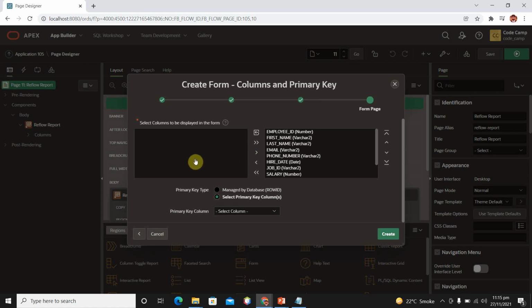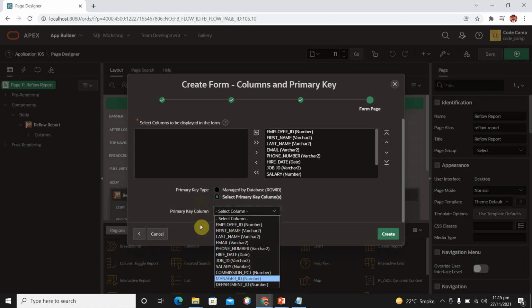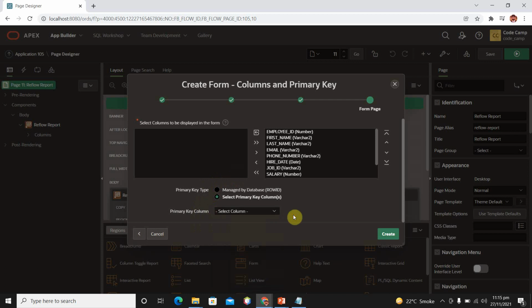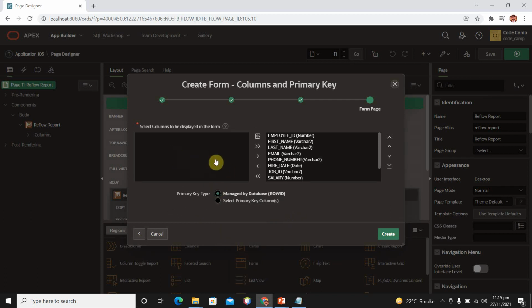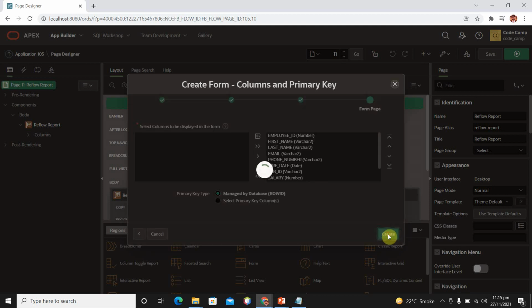If your table has a primary key, select this option, then select the primary key column. If your table doesn't have a primary key column, you can select the first option, which is row id, and it is managed by the Oracle database. So I am going with managed by database. Create. So it will create two pages.